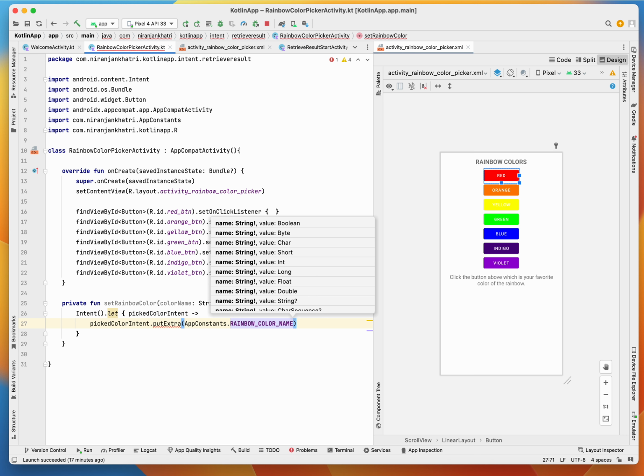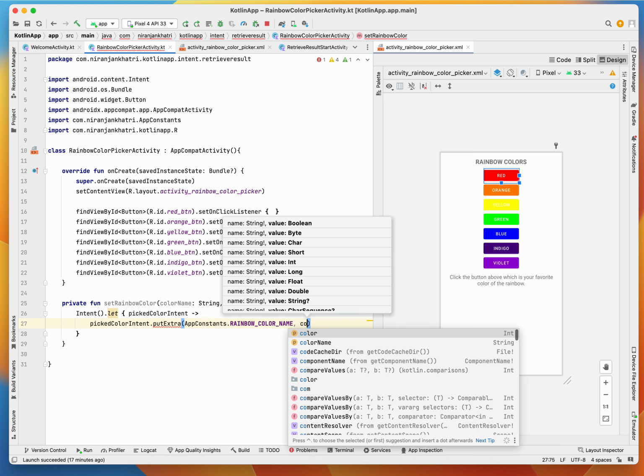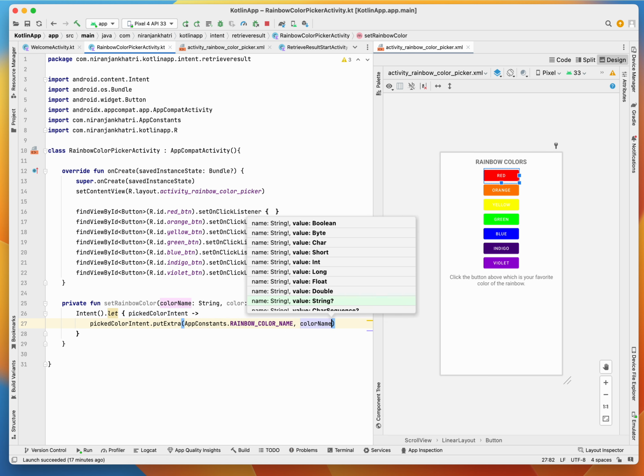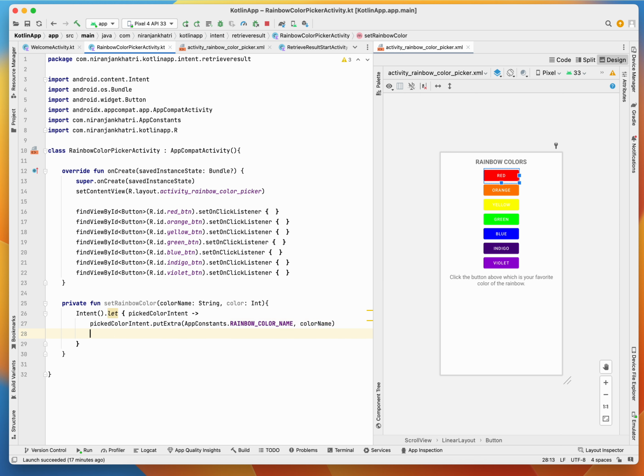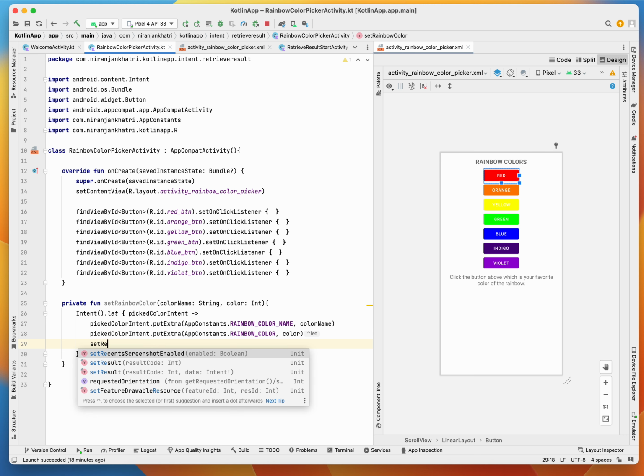Okay, I have to add a color name. Okay, and then similarly I would have to add a rainbow color with the color that I have chosen. I add these things to the intent, and then I set the result